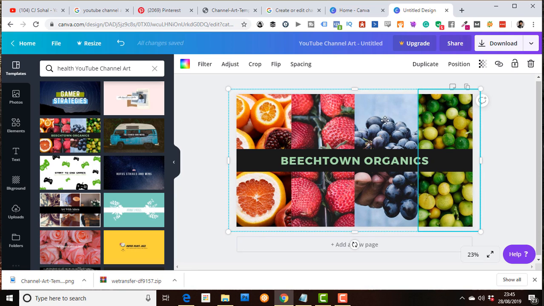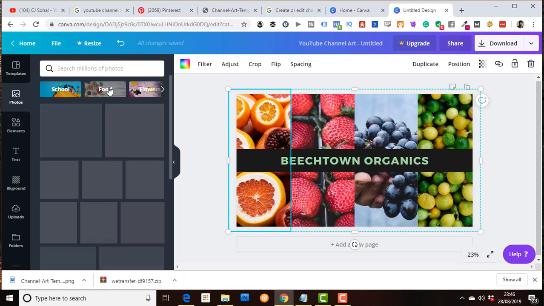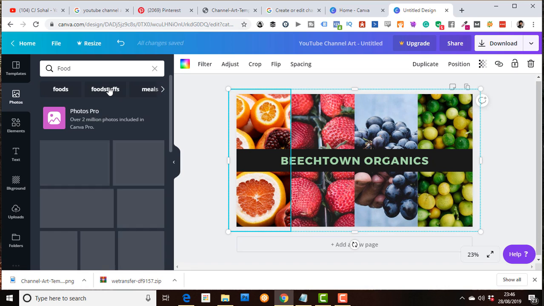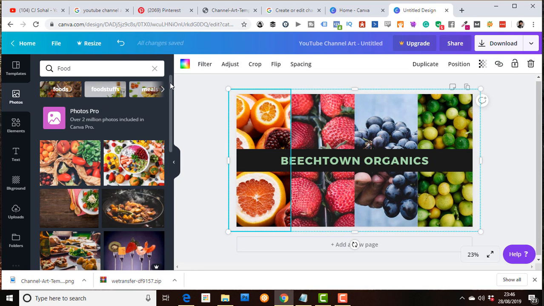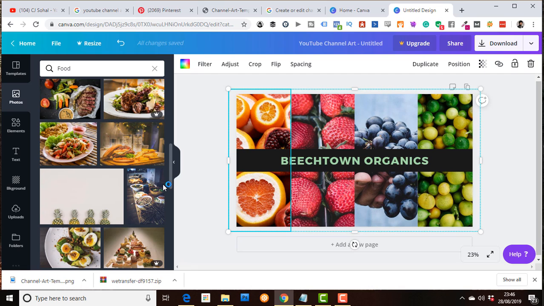So let's say, for example, we wanted this plate here. We can click it, drag it across, and then drop it there, and it will literally fit into the slot where the previous image was. You can do the same thing with the other images. Let's say, for example, we've now got